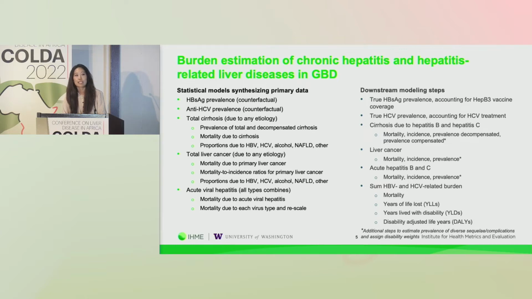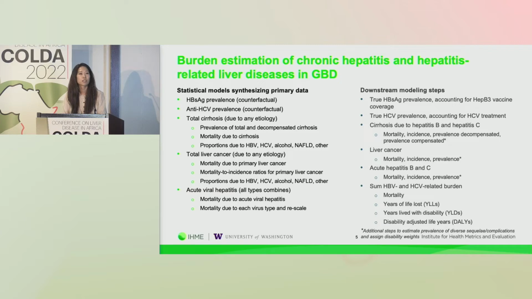For hepatitis C, we also produce a counterfactual model for locations where hepatitis C treatment is not implemented. And then again, we subtract the cases averted due to hepatitis C treatment to produce the true hepatitis C